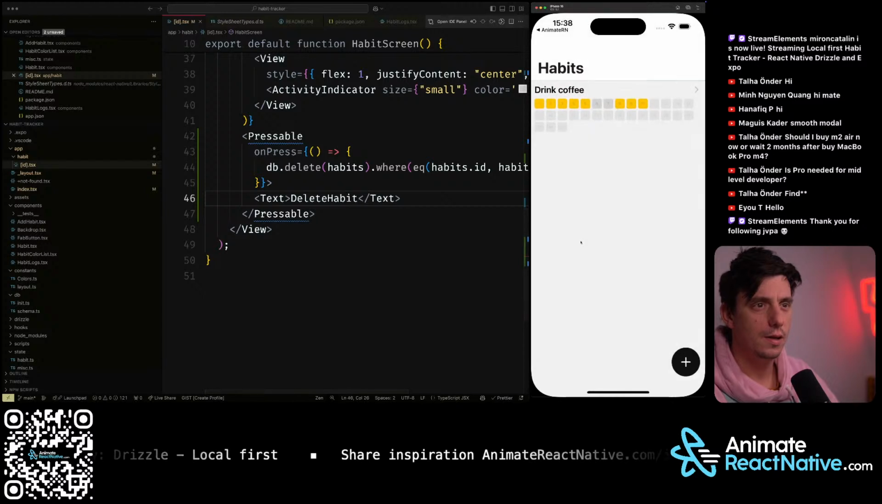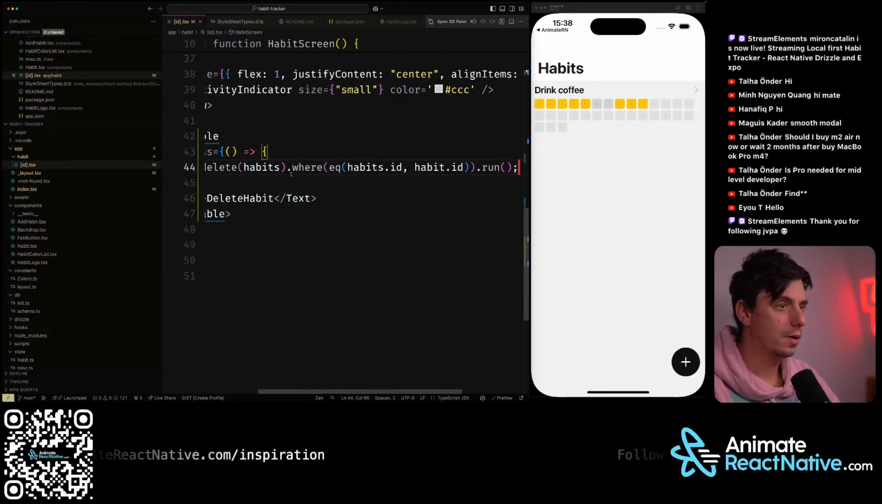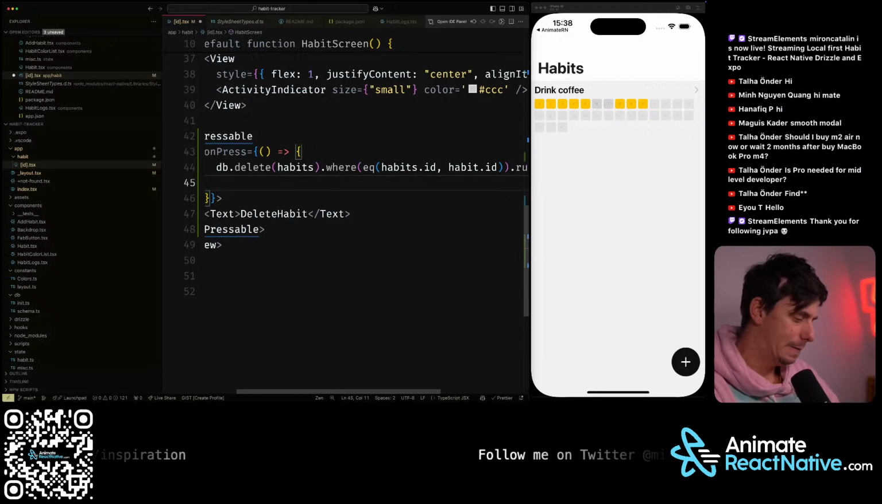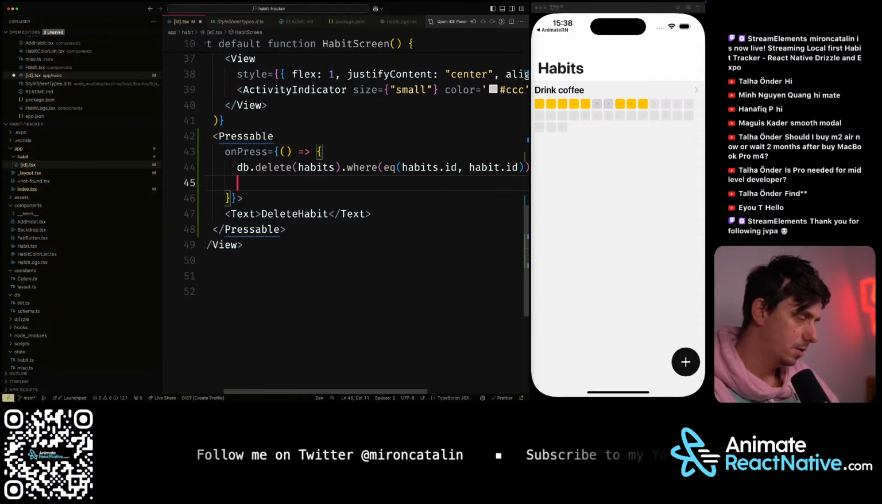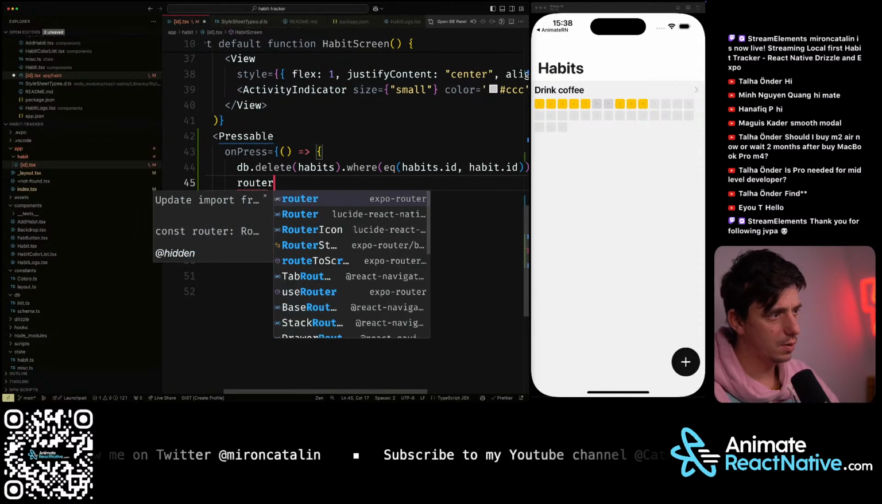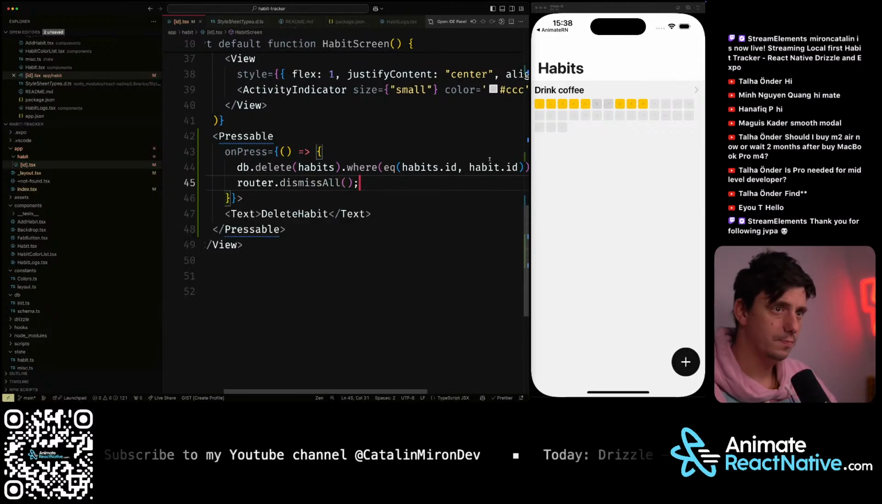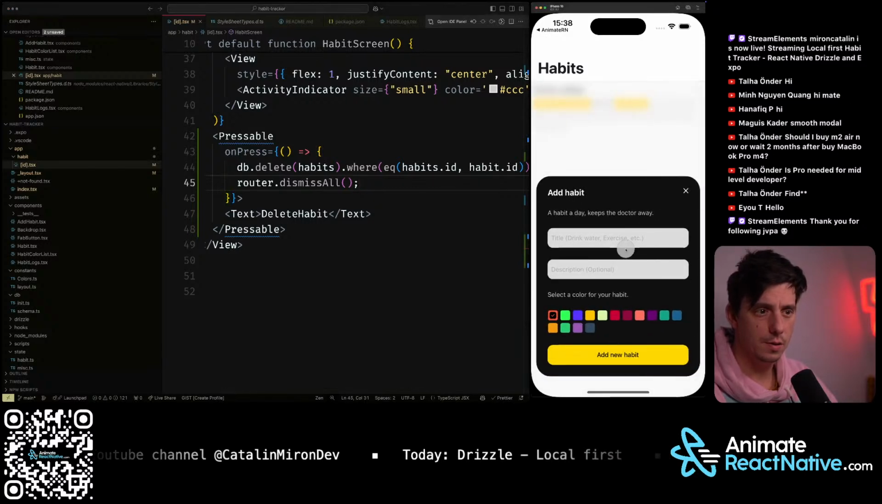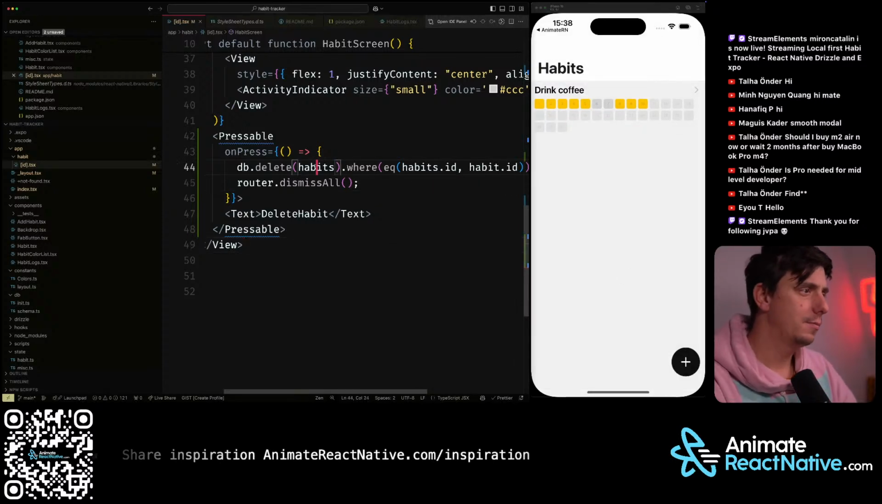Alrighty. Now I have this one. Let's add another one. Pressable. And what should happen? I will close the modal, right? So router dismiss. Okay, and I'll add a new habit, whatever. This one, boom. I'll add those. I'll go here. I'll say delete habit. Look. Okay, but